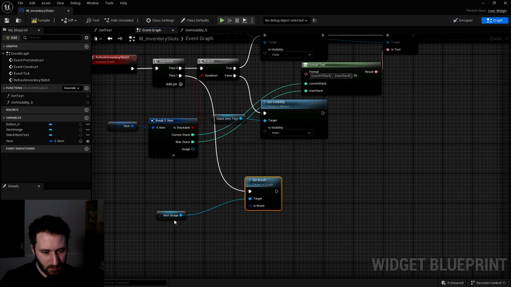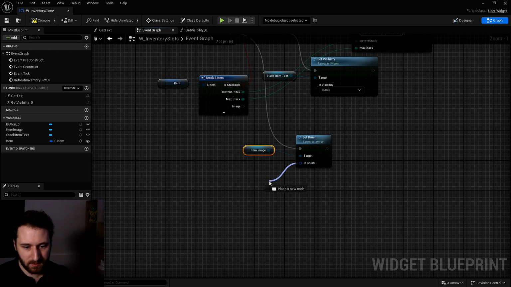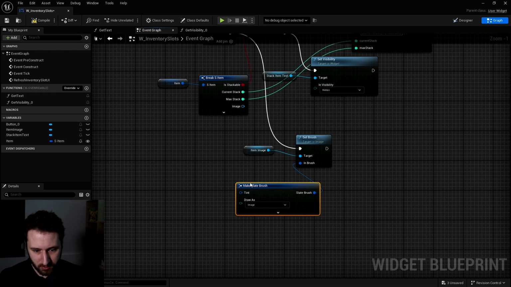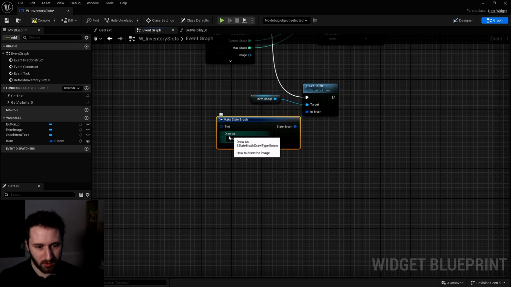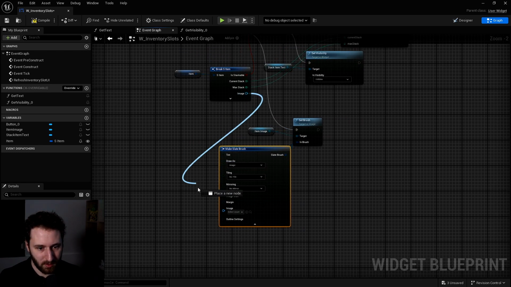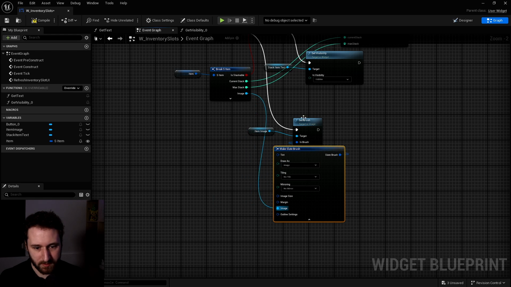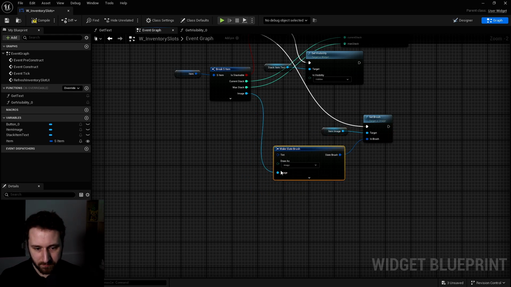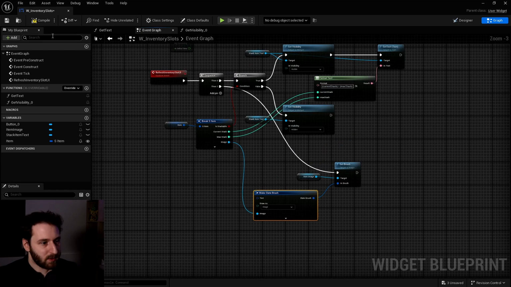With this set brush, we can drag and drop, and we have the make slate brush. We choose this. It will be draw as image, and now we can open it, and in here we can set up our image. We plug it in, make it look nicer, and now we can close this, and it will look a little bit better. So that's perfect.